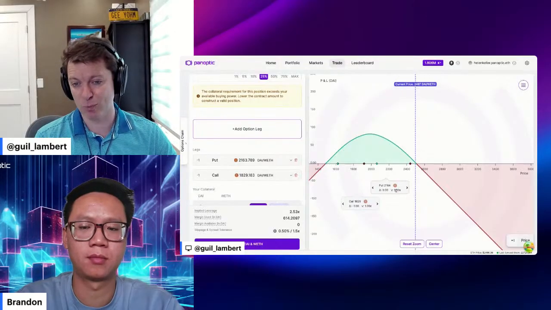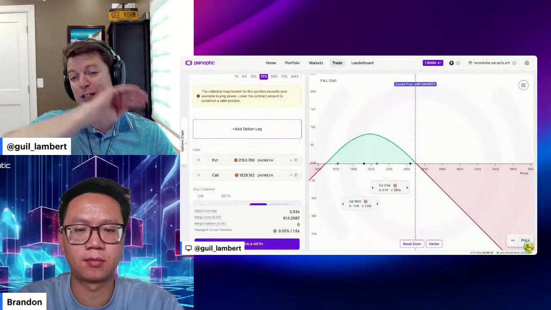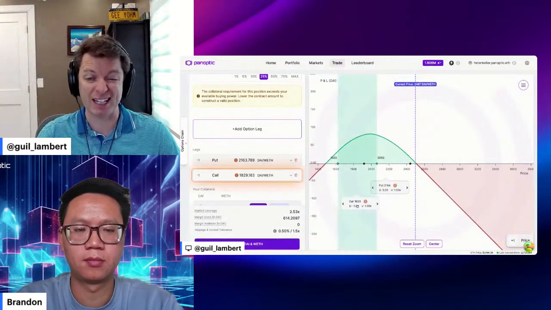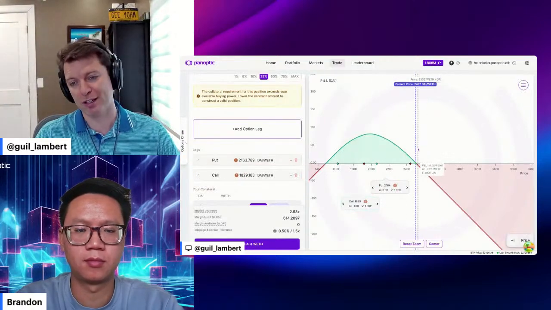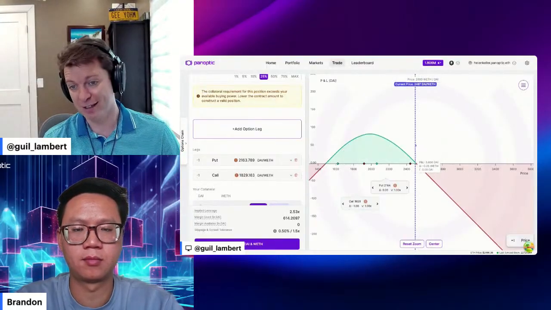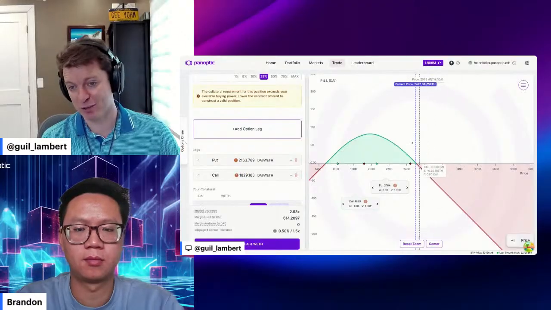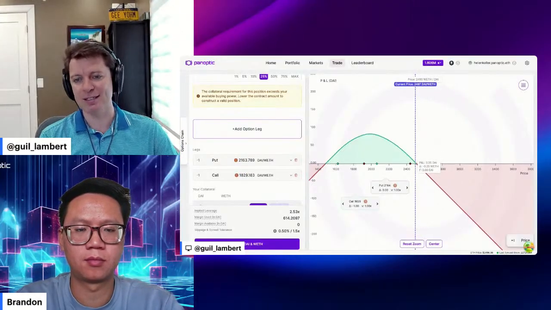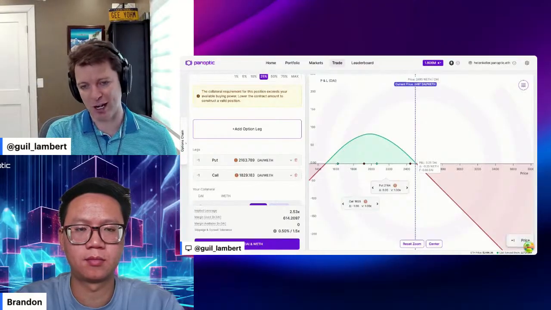In theory, your put is fully in USDC or DAI. You have no risk, but because you added that call, you're short ETH, you're short one delta. You are effectively losing more money as the price goes up. You're short. So the best way to hedge this is, in terms of real options,